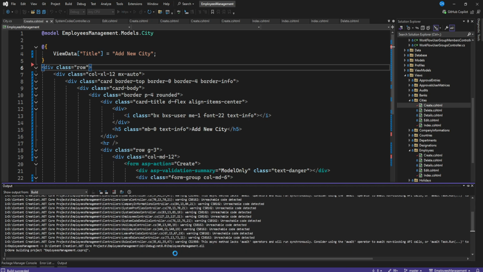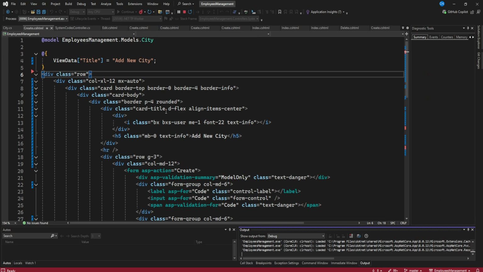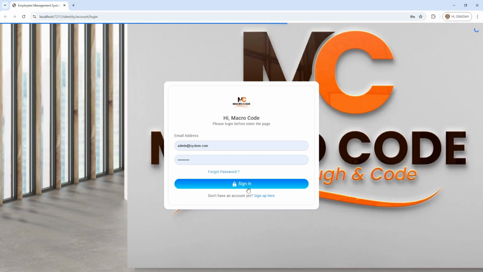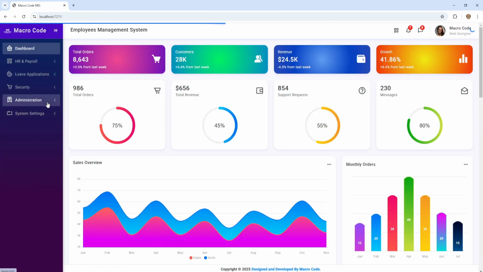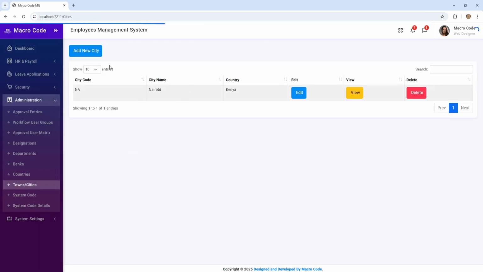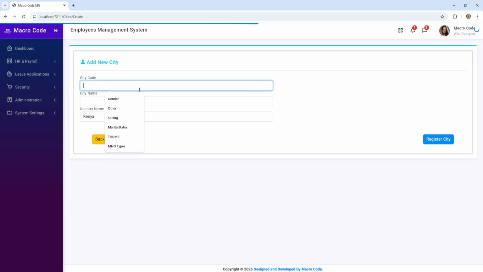So let's just launch the app and see how it looks. There we go. I'll just sign in, then go to cities. If I add new, you're able to see now we have the cities, but I want us to have these